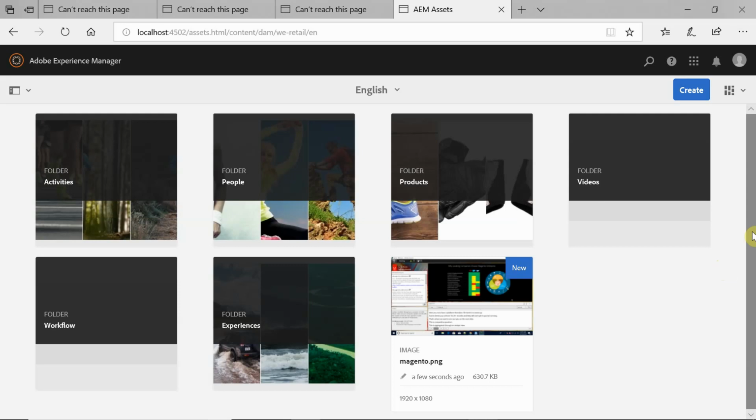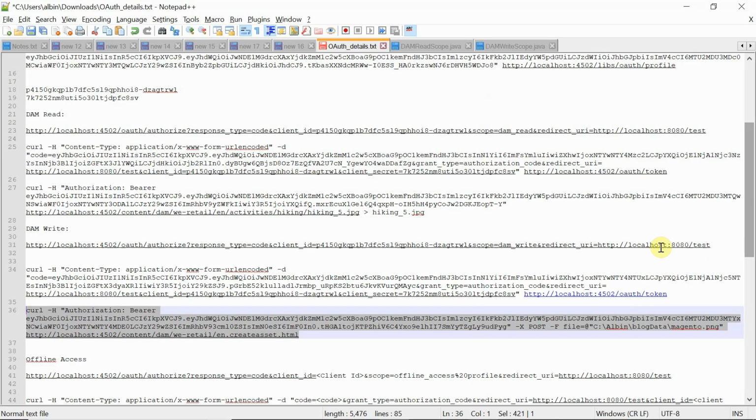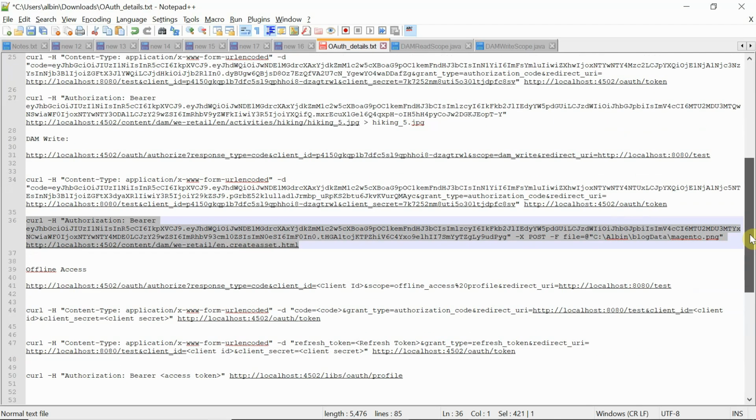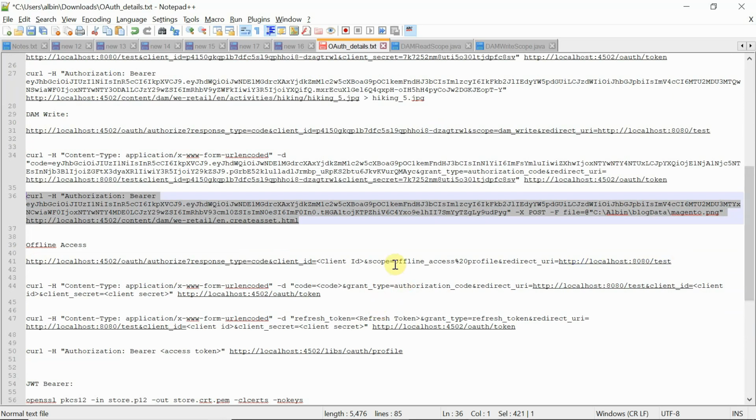Okay, so now let us proceed and see how to use offline access, that is, with the refresh token. For that, we again go here. One difference is the scope equal to offline access. It has to be added with another scope. I am going to access the profile data, but offline through the refresh token. These two scopes should be separated by the space character, %20. Then everything else is the same.